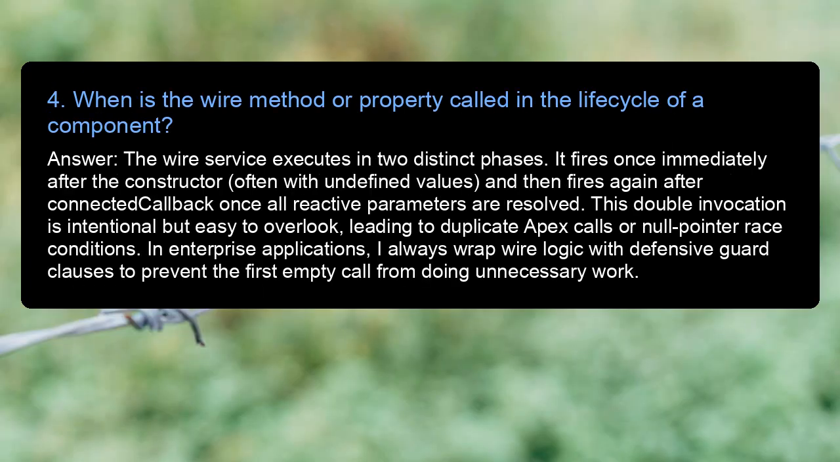4. When is the wire method or property called in the life cycle of a component? Answer: the wire service executes in two distinct phases. It fires once immediately after the constructor, often with undefined values, and then fires again after connected callback once all reactive parameters are resolved. This double invocation is intentional but easy to overlook, leading to duplicate Apex calls or null